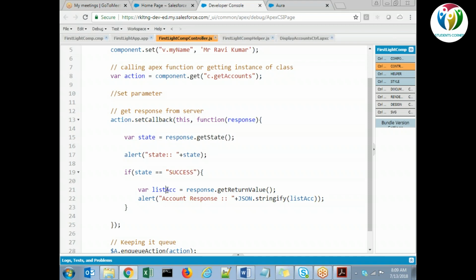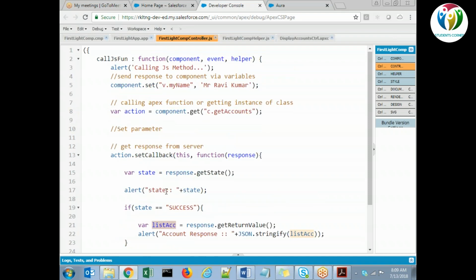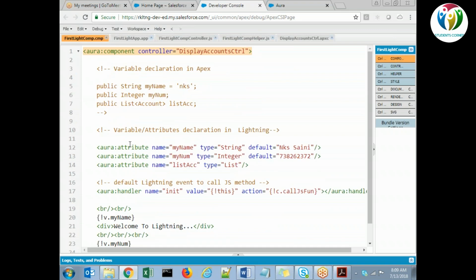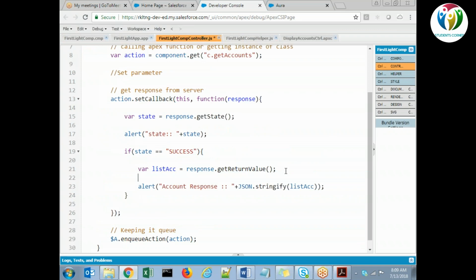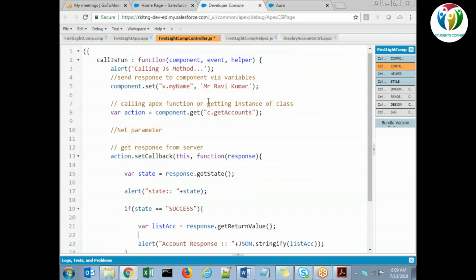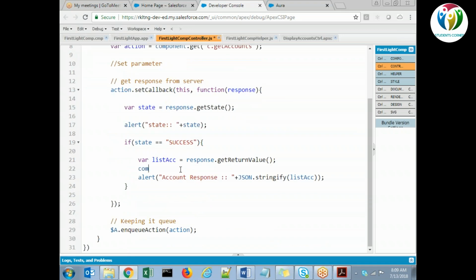So let's say, guys, let's talk about the classic one. We got some response in the list. We are querying some records, and now we want to display that on the VF page. What are the ways we have to display the list of records? A page block table or a data table, right? Page block table, data table, or apex repeat. So similarly, we do have aura iteration here. Aura iteration is similar to the apex data table, page block table or apex repeat.